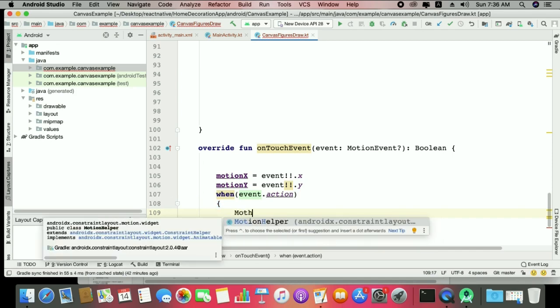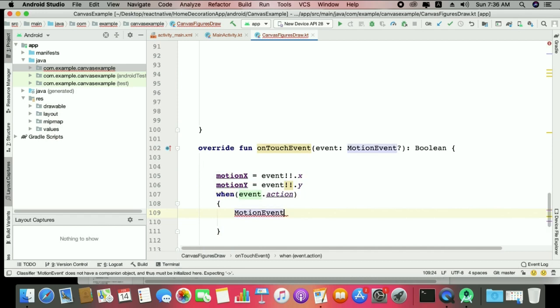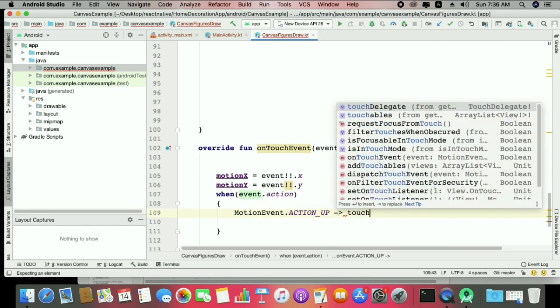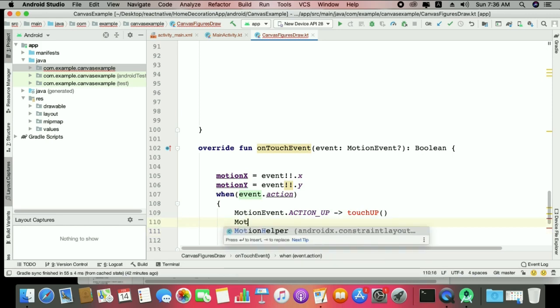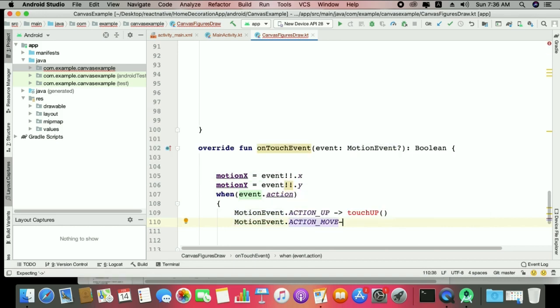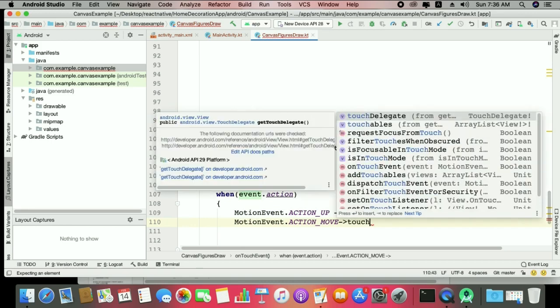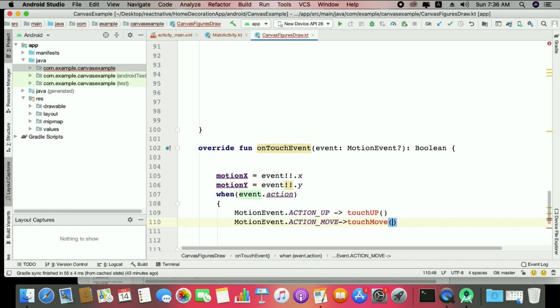You can see MotionEvent.ACTION_UP, and here I will make a touch start. Touch up, nothing we need. And in the second step we can use MotionEvent.ACTION_MOVE, and here I want to move that, so you can say touch move,